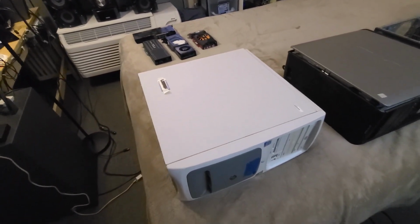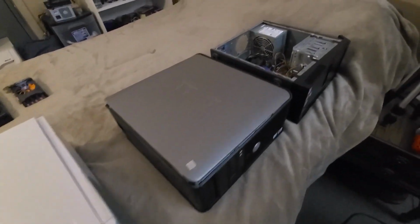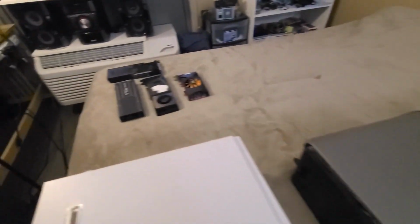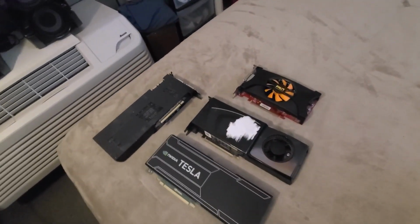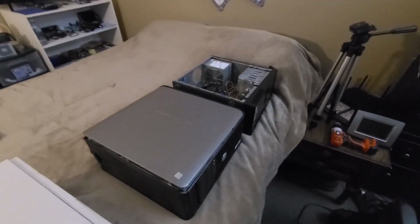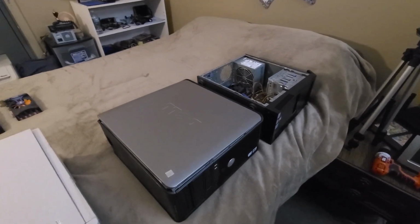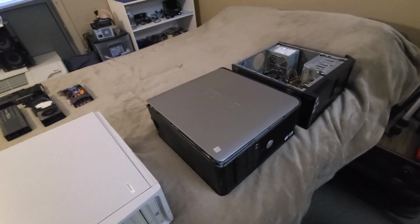Okay, this is gonna be a video of these three computers right here and these video cards. And this is not a video card, but this is all in one lot I picked up for $30. Person I get some parts from, and he buys some parts from me, messaged me about a computer